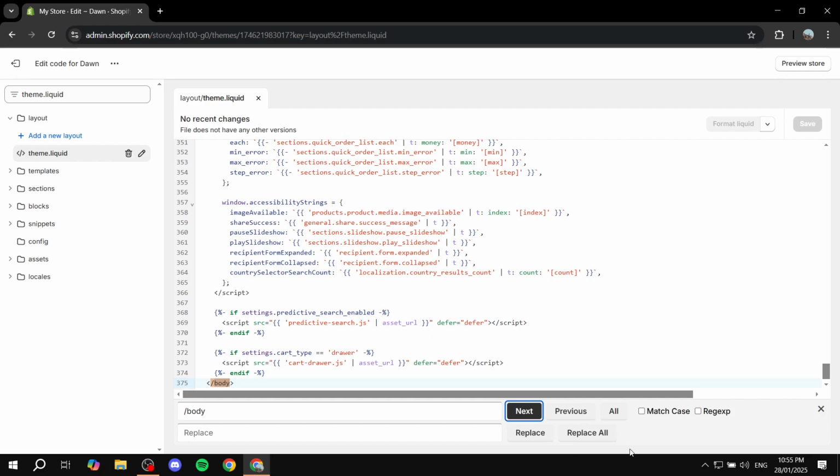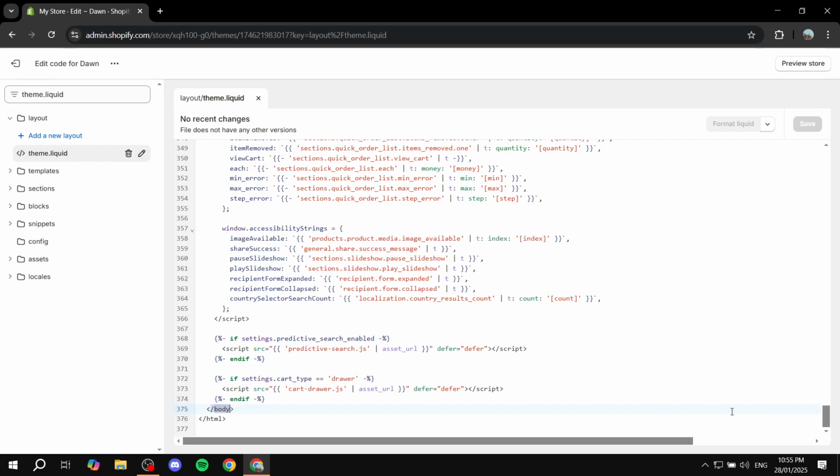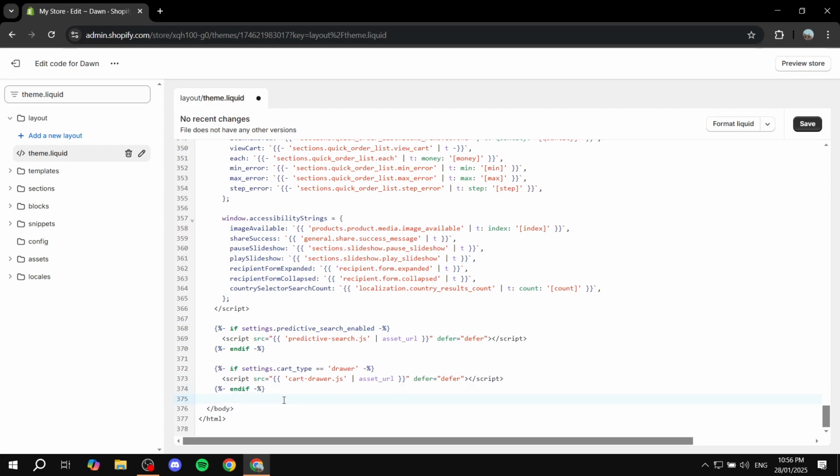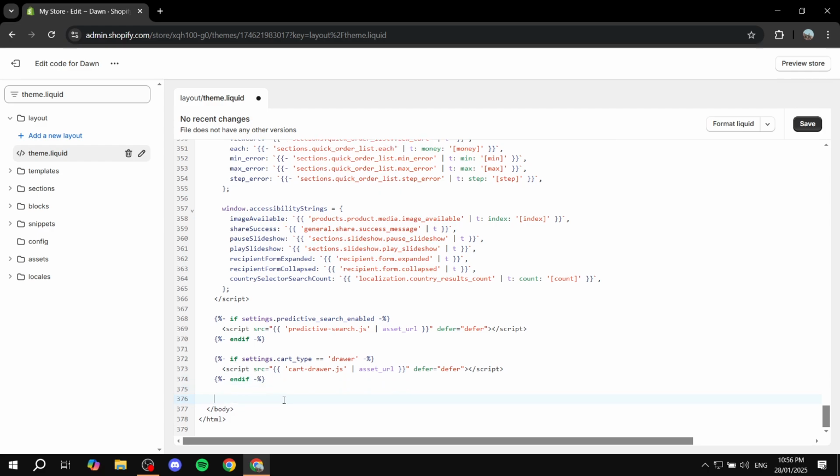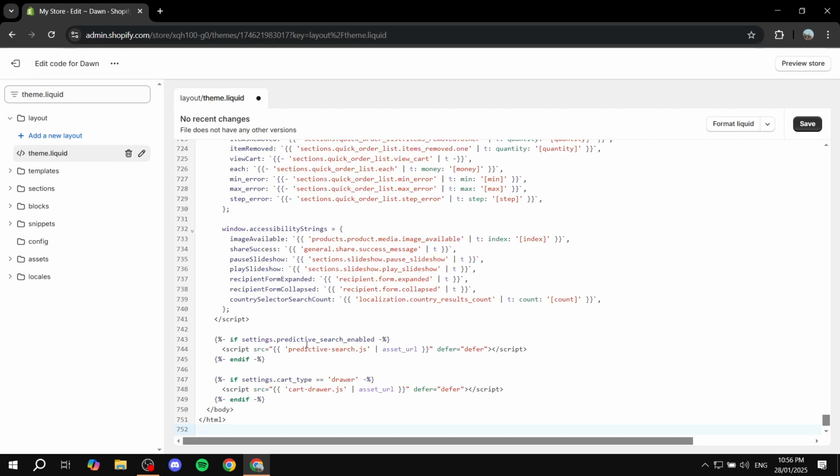So let's say, for the sake of this example, we want to add the code on top of the slash body text. So what do we do now? We have the slash body. So we just want to click on the line above it at the end of it, hit enter at least once, but if you want to do it twice, it's up to you. And then you basically just want to paste in the code that you have. In this case, I just have this little code,